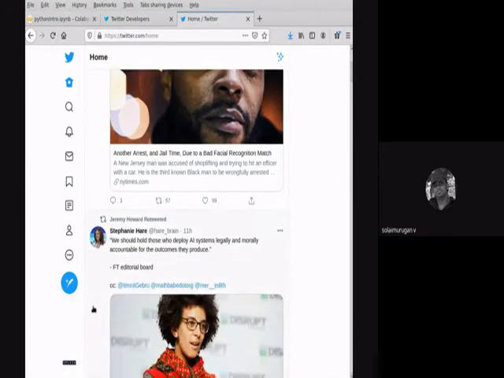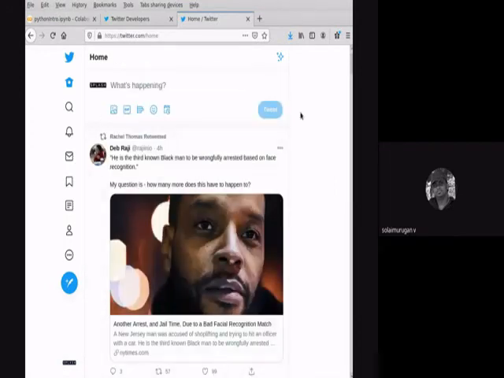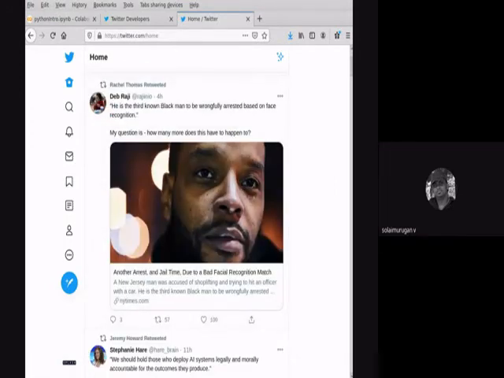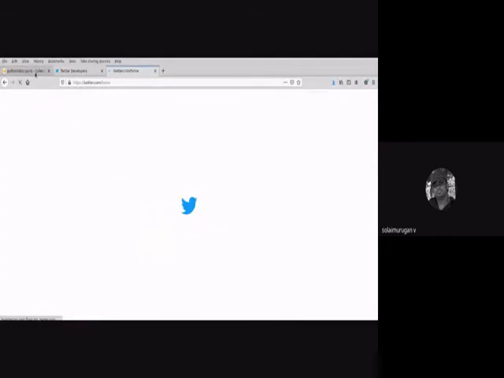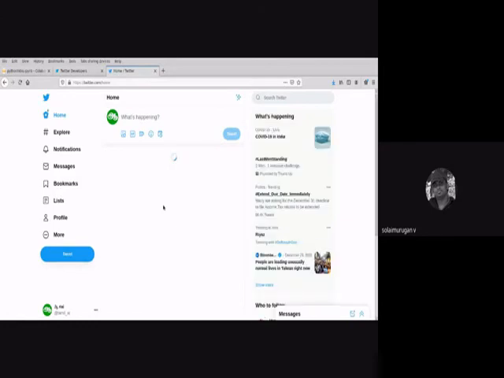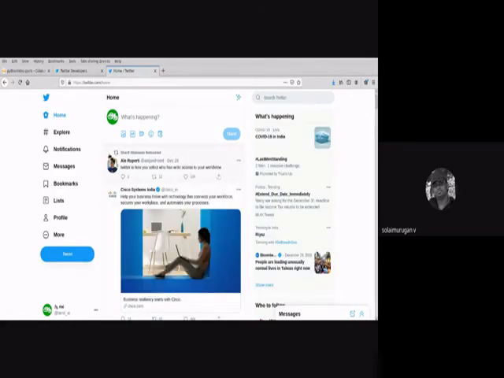I have two different accounts, one for demo and one for other users. Let me move into this one. I don't have any recent tweets. Let me tweet from here.